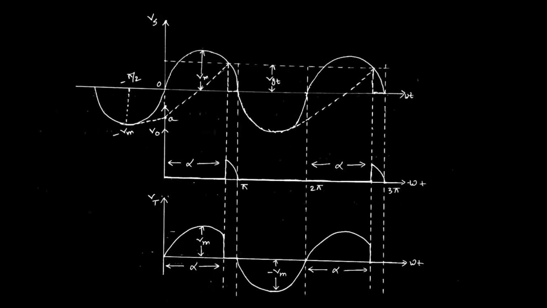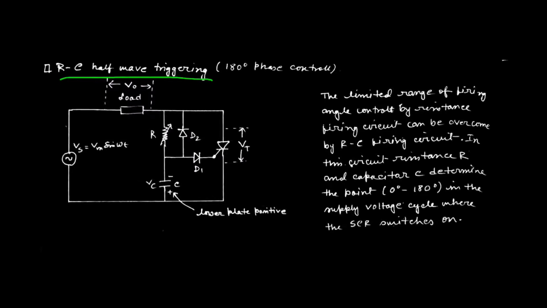As we all know, when the capacitor is fully charged, the capacitor tries to discharge. The charging current during the charging state and the discharging current during the discharging state are in opposite directions. During the charging condition, the charging current was flowing in this direction. When the capacitor is fully charged to a peak value of minus Vm, the capacitor tries to discharge, and then the capacitor current starts flowing in this direction.